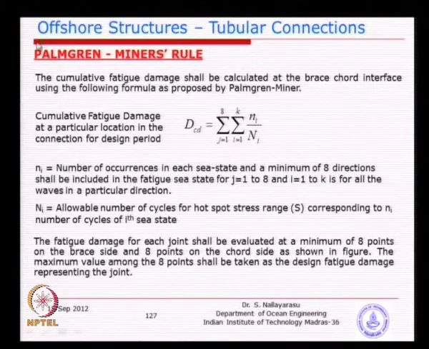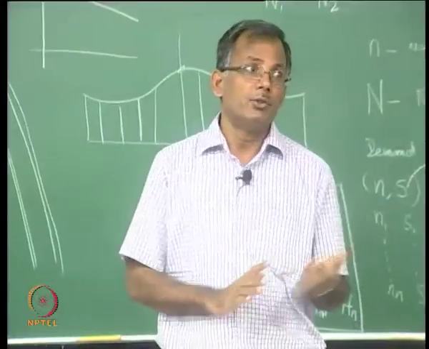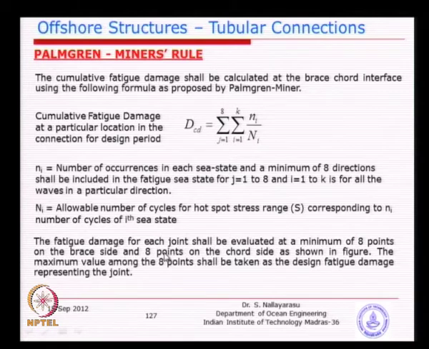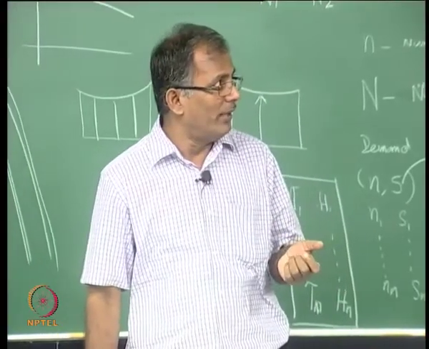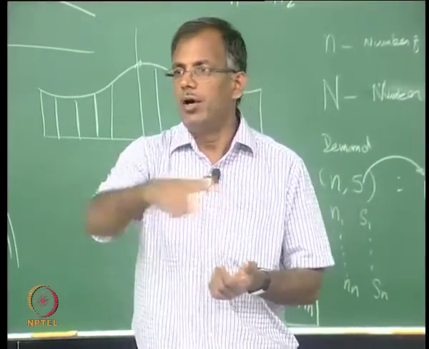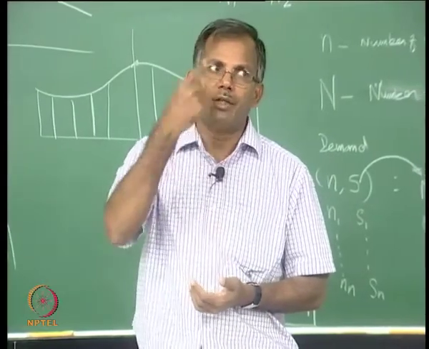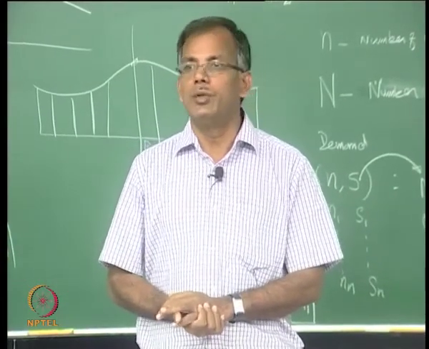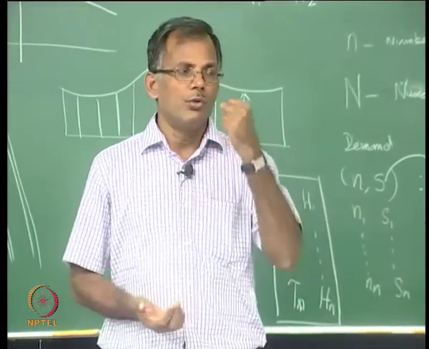And remember, these calculations need to be done at 8 points on the interface. Remember, we have left, right, bottom, top, and then 4 quartering points. So, quite a lot of computation needs to be carried out. The only difference is you are not going to add cumulatively the results of 8 points. Each point will be monitored separately. You understand the idea now? Whereas you will be adding cumulatively all the sea states, each point on that peripheral interface between the brace and the chord is one problem. Do not go and add all the damages in all 8 points, they are individual hotspot locations. So, you have to look at them.